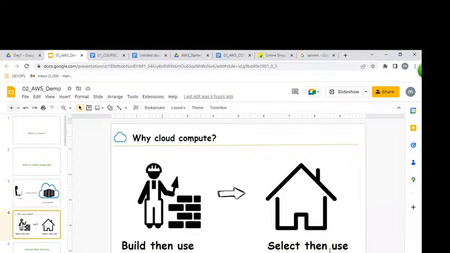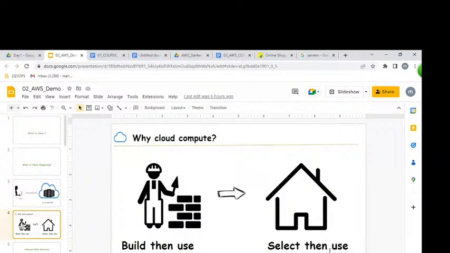Instead of buying, we are always looking for what? A rental service for maintaining and deploying our websites. This is exactly the cloud. Why are we moving into the cloud? For just rental infrastructure.